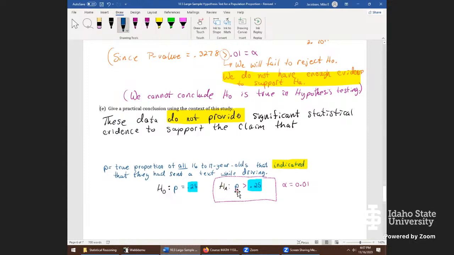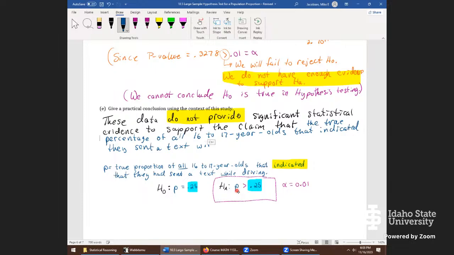So we go back over here, write out what P is, that the true, I'll go with a percentage, true percentage of all 16 to 17 year olds that indicated they sent a text while driving